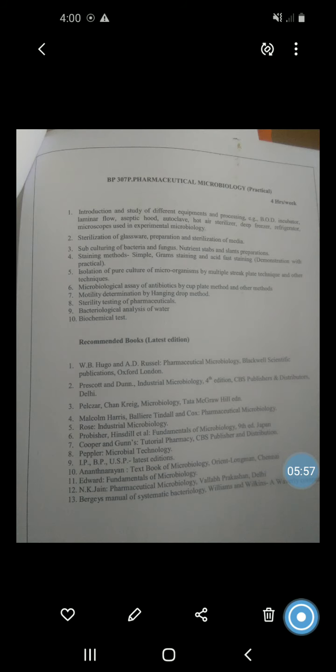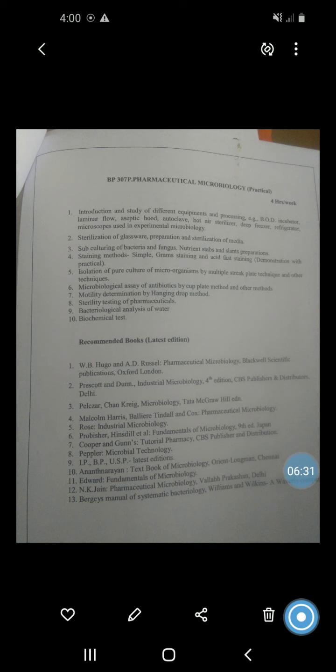Then there are different parts of the microscope: first the eyepiece, then the observation tube, then the nose piece, then the objective lenses, then the stage, then the condenser lens, then the iris diaphragm, then the light source, then the base of the microscope. Then there are two types of focus in a microscope: fine focus and coarse focus. Then the coaxial stage control and the neck. These are the parts of the microscope.